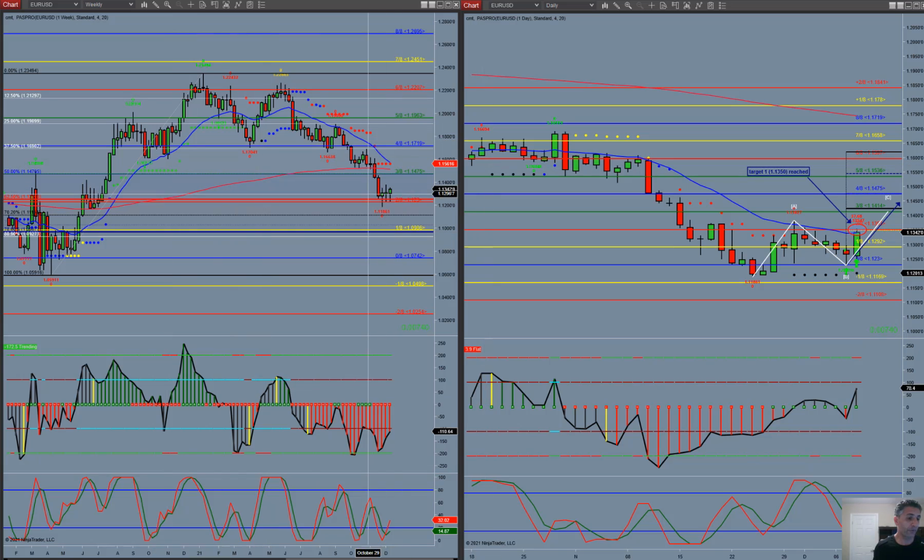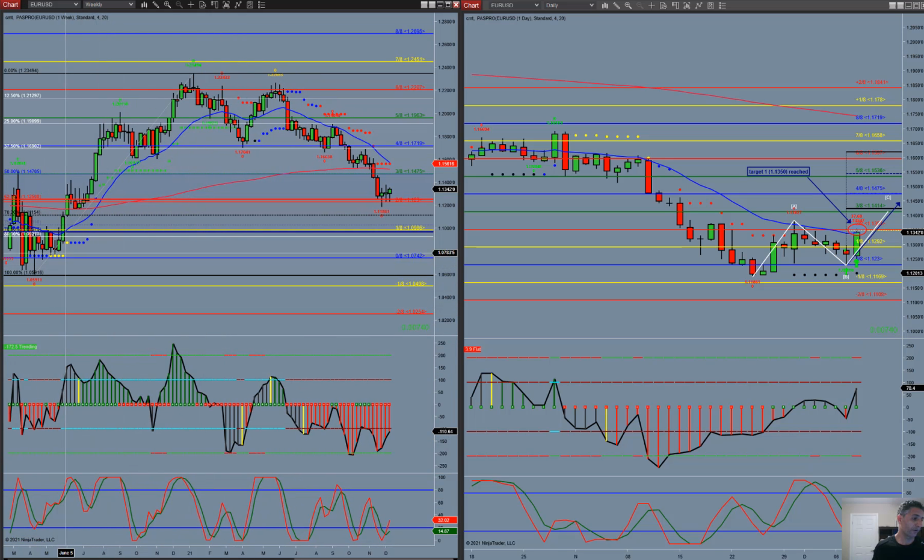setup. The euro has been having support at a 62% pullback on a very long-term chart for the move from 106 to 123. This is a correction. I don't want to go into the details of the Elliott wave: 1, 2, 3, 4, 5 waves up, correction ABC, and this is an extension to the 127% extension support, which is a confluence area on a weekly chart with the 62%